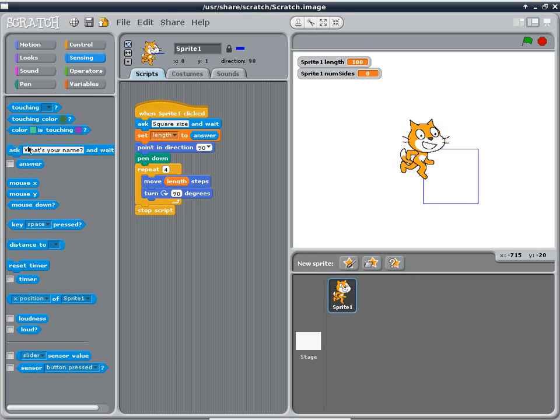The second question, now this time we have to be careful where to put this question, because we don't want to put this question before set length and after ask square size. We have to put this right after set length, so that the answer is no longer useful for the original purpose. So we'll just ask, what is